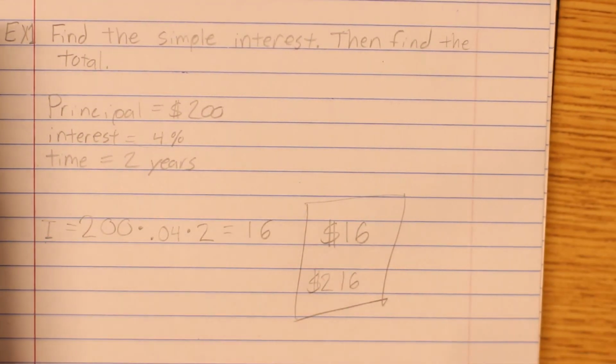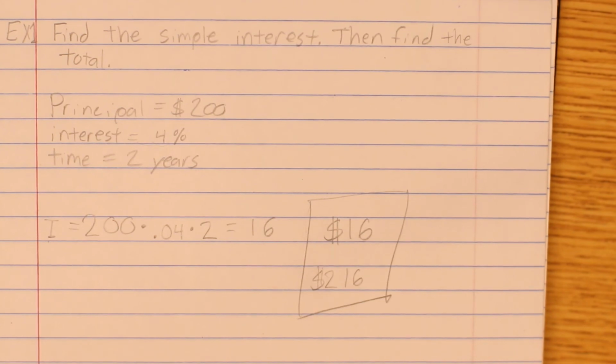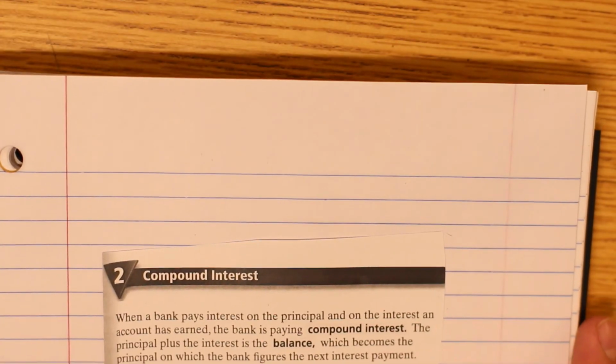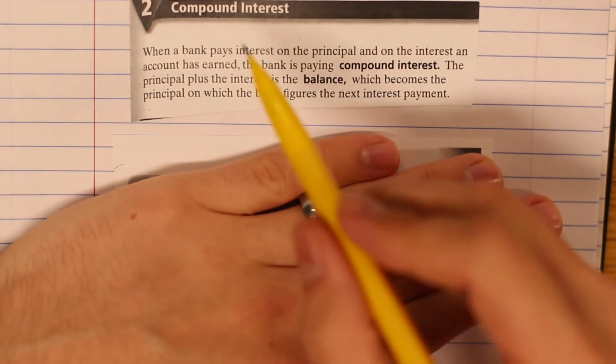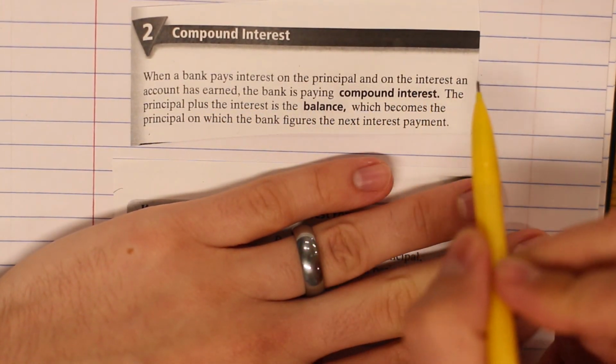See that? Voila. Now, simple interest is okay, but where it gets really good is compound interest. And it gets a little bit more complicated too. So let's take a look at the compound interest. Compound interest is nice because it works like this. When a bank pays interest on the principal and the interest